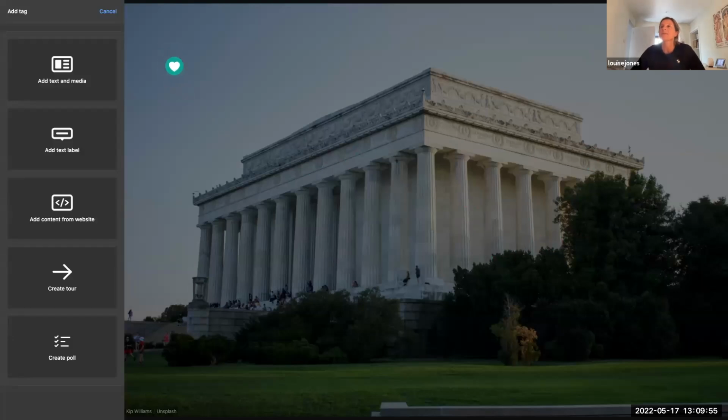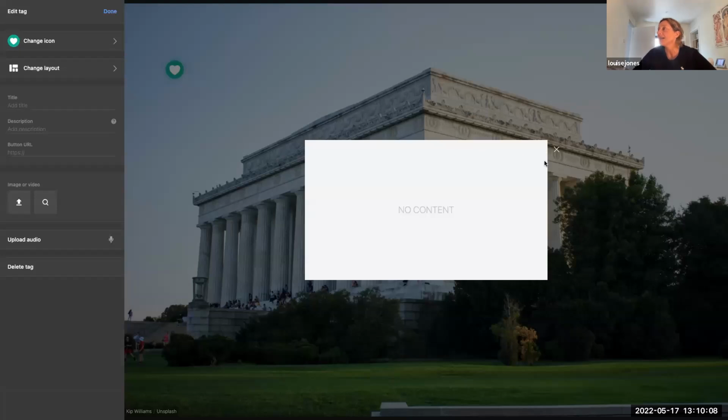So I just want to put some general information about the Lincoln Memorial, and I'm going to use a text and media tag. There's our 5 tag types. So the first one, text and media. And you can see that I've got a pop-up box here that's completely blank. Now, to start adding information in this white pop-up box, you put your cursor on the left-hand panel and you can go through the options. So the first is the title. So I'll just say Lincoln Memorial. And then you can start adding in